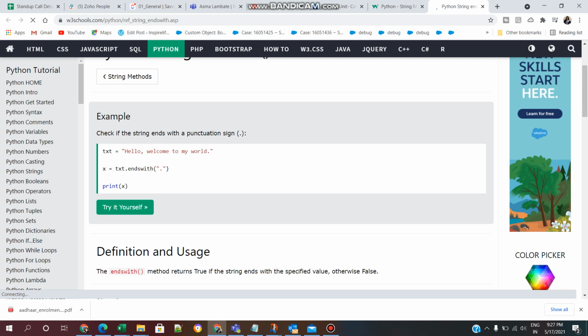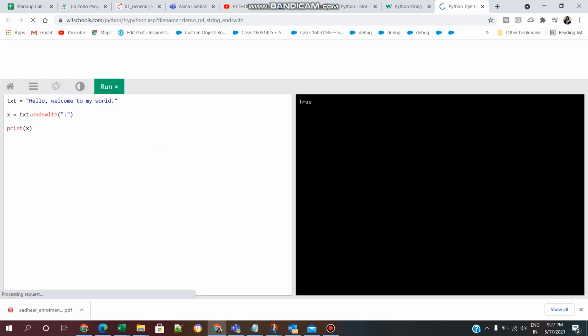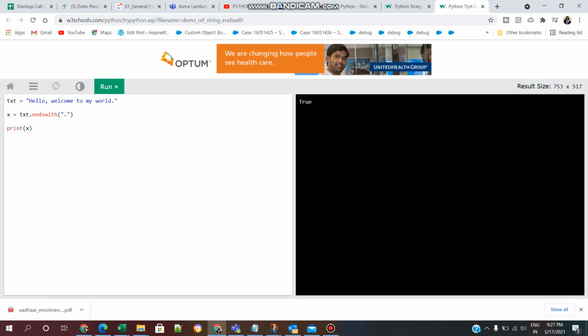Here txt equals hello, welcome to my world., x equals txt.endswith('.'), here a dot. Print x. You will see this example practically, so click on try it yourself. So is it ending with a dot or not? Yes, it is ending with a dot, so we get the output as true.